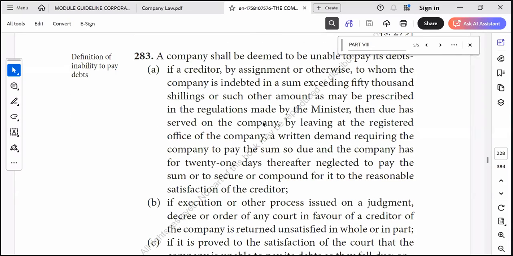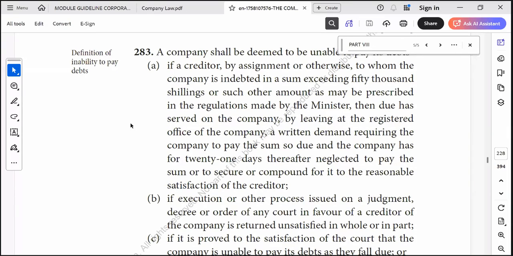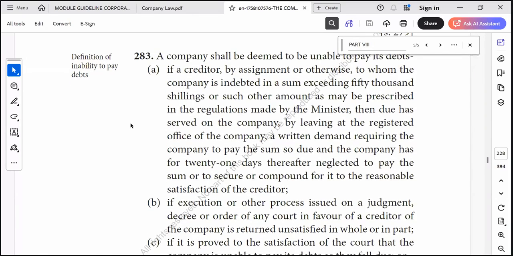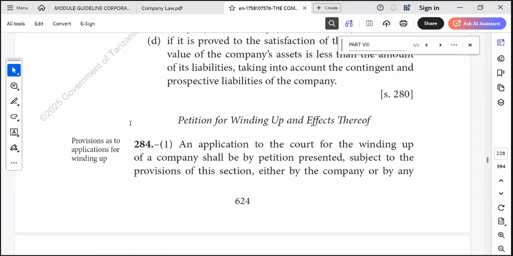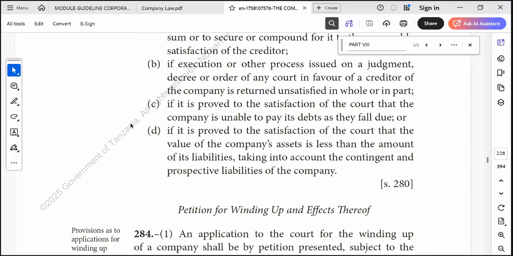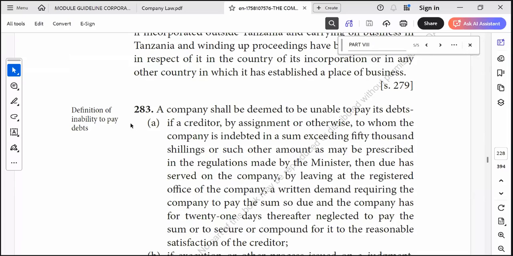Now, section 283 of the Companies Act explains the reason referred to as inability to pay debts. And it says a company shall be deemed unable to pay its debts under these circumstances. There are 4. The first one is if a creditor, by assignment or otherwise, to whom the company is indebted in a sum exceeding 50,000, I was telling you about the Elfamsin, or such amount as may be prescribed in the regulation,